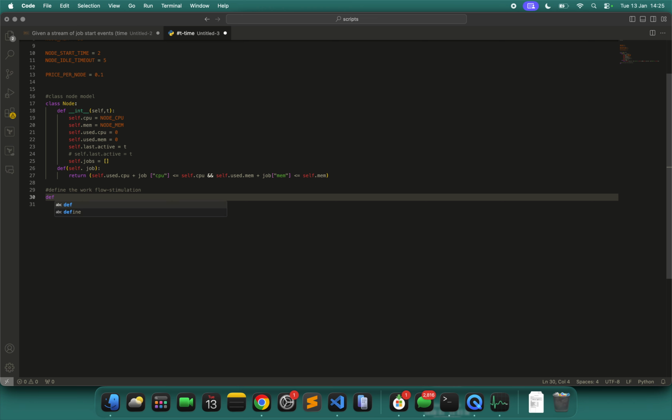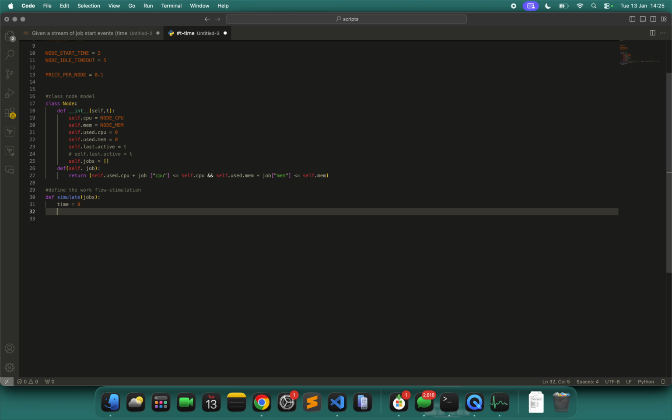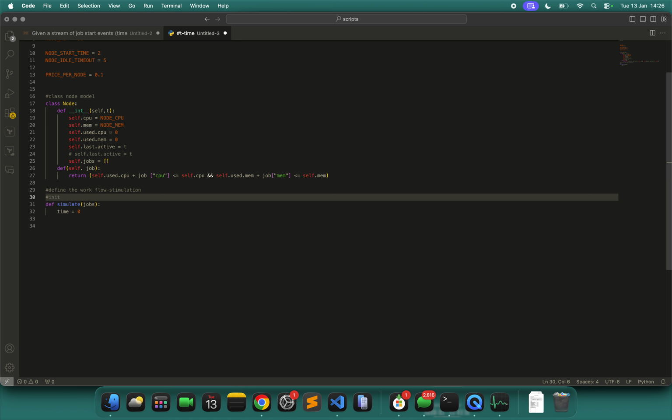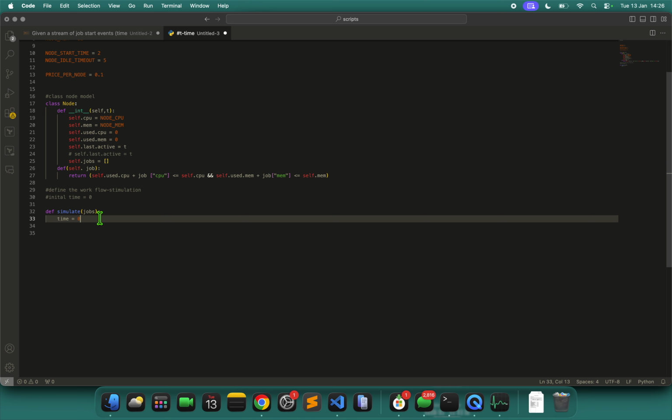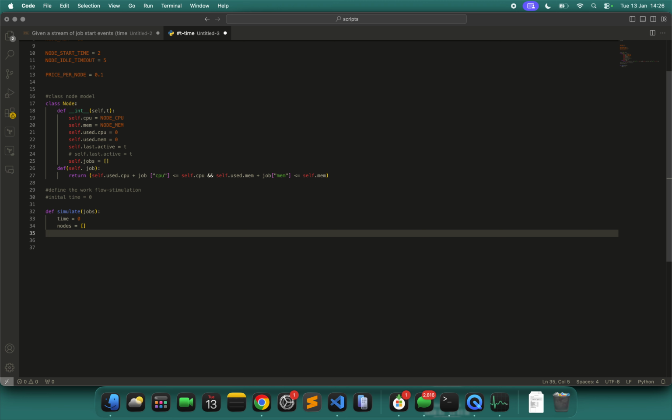I'm having def simulate, with the jobs, time starting at 0, and nodes as an empty list. Then having cost initially 0.